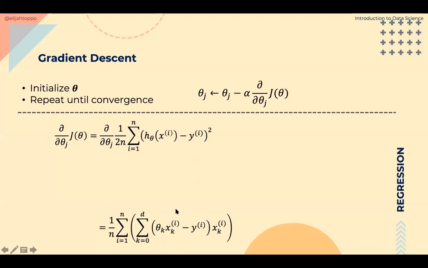So what does this internal term mean? This internal term basically means the expansion of this part. If you take s theta of x, this will get expanded to summation of k going from 0 to d, theta k xk. That is this part. So derivative of x squared is 2 times x. We are left with the first part. Now we are trying to find out what is the derivative of x. If you expand this and evaluate this, it just comes out to this one term, xk of i.